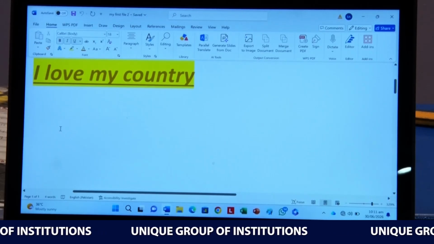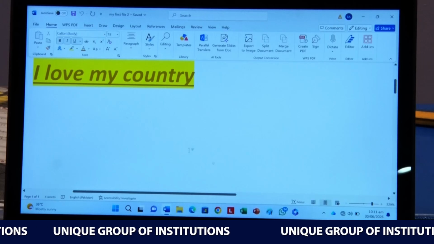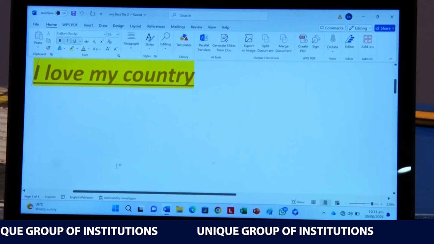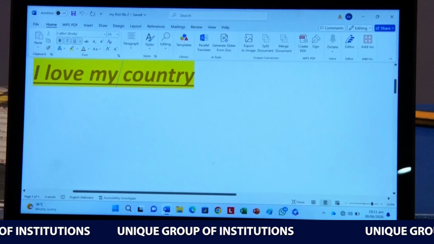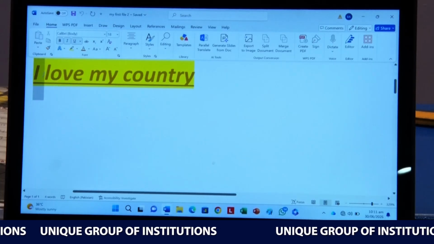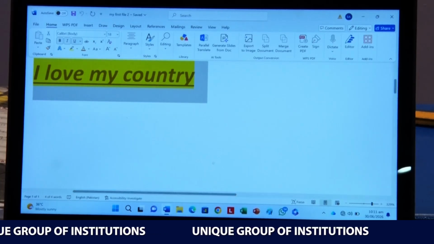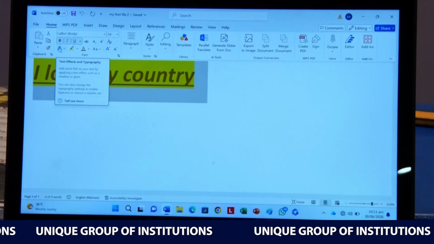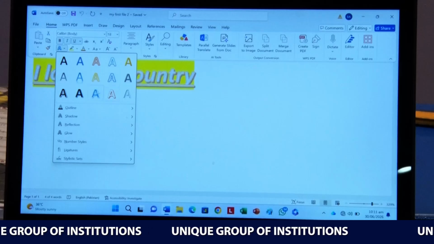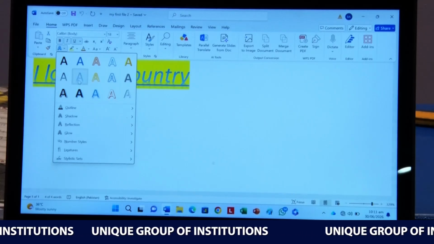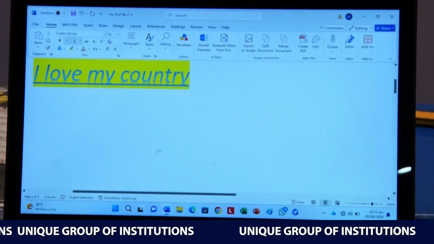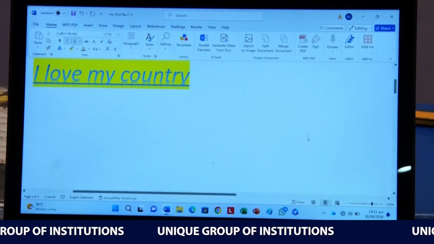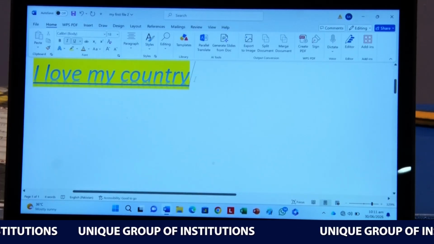Now on page 32, you learn how to apply text effect. To apply text effect, you have to select the text and then move to this option, text effects. Apply any one text effect of your choice, and there is some change in your text.